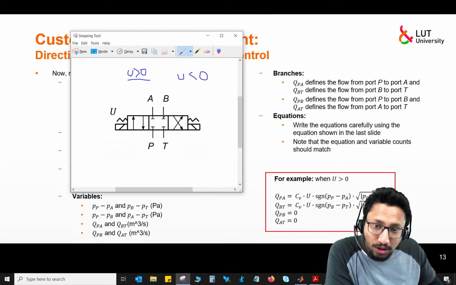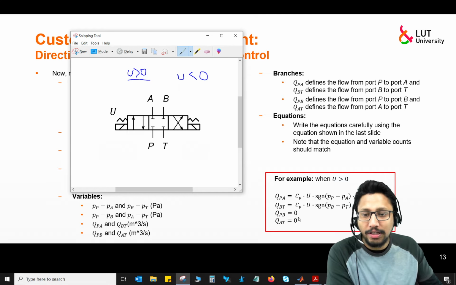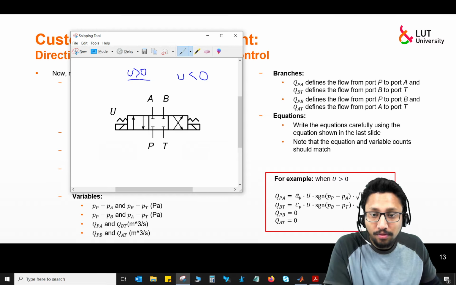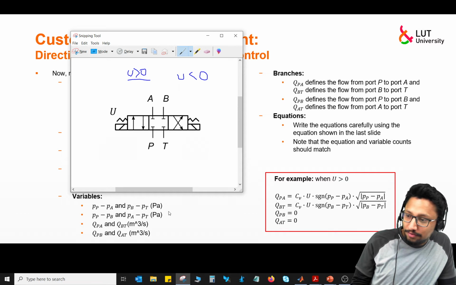And now when U is equal to 0, then all the four flow rates will be 0 because there is no connection at all. And when U is less than 0, in that case,